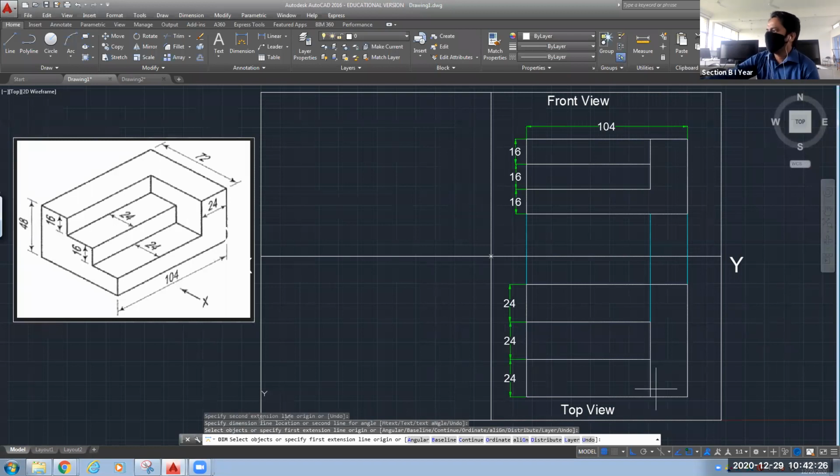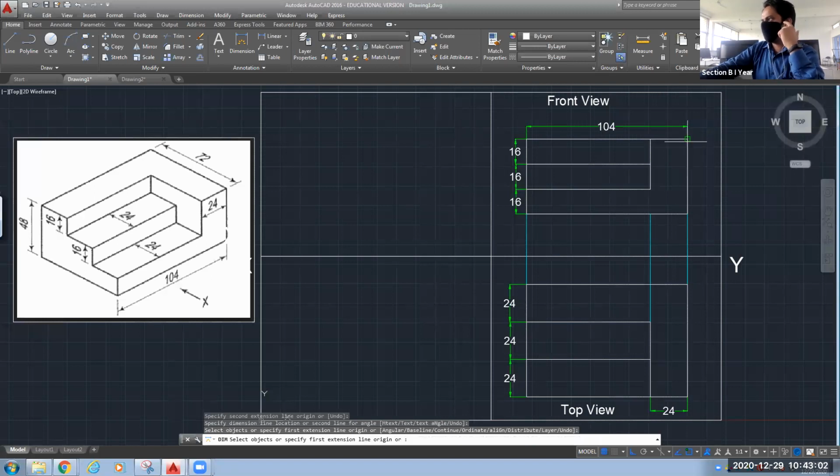Okay. Now this portion we need to show. What is this location? This is your 24. And overall length is given by this location. Any dimension that is not shown here? 48 and 72. Okay. So 48, this height we can see here in your front view, 16 plus 16 plus 16, that is your 48.